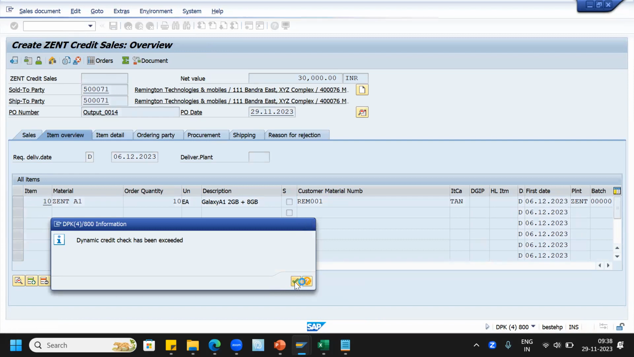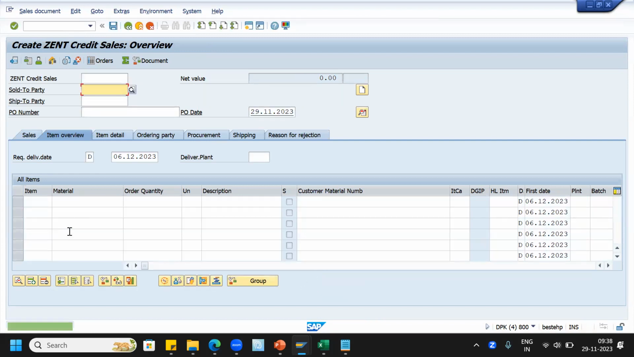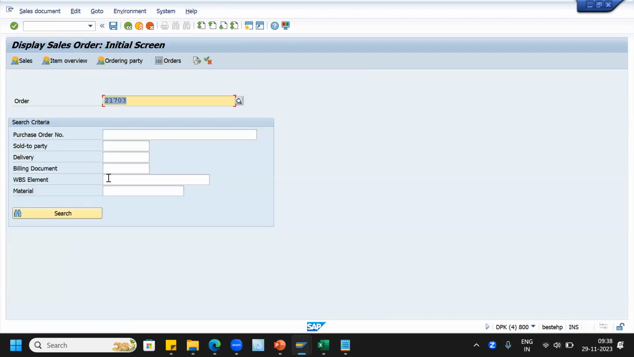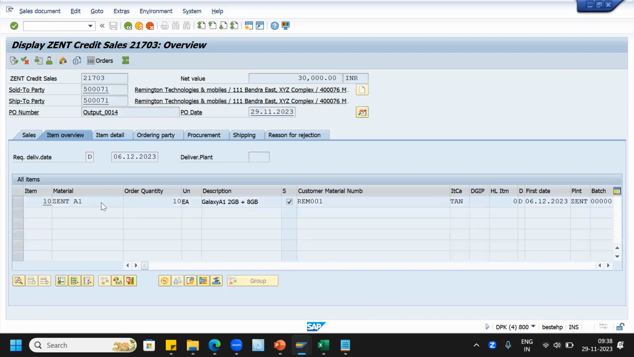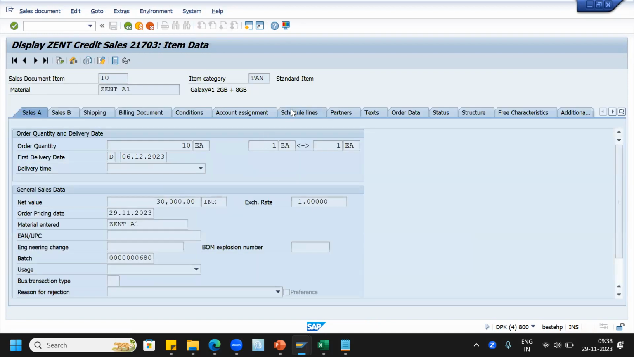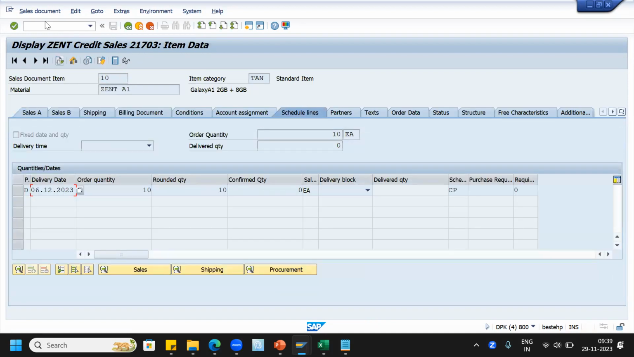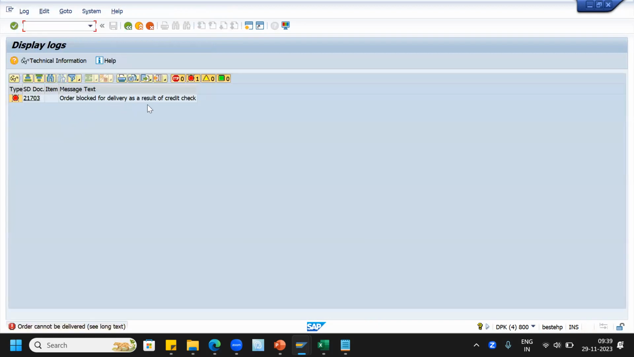So dynamic credit check is in force, so it will not allow you to do the delivery document creation unless and until you remove the credit block. So if I check the schedule lines, it can be delivered by 6th. If I do the delivery from here, it says order blocked for delivery as a result of credit check. So go to VKM3 transaction,